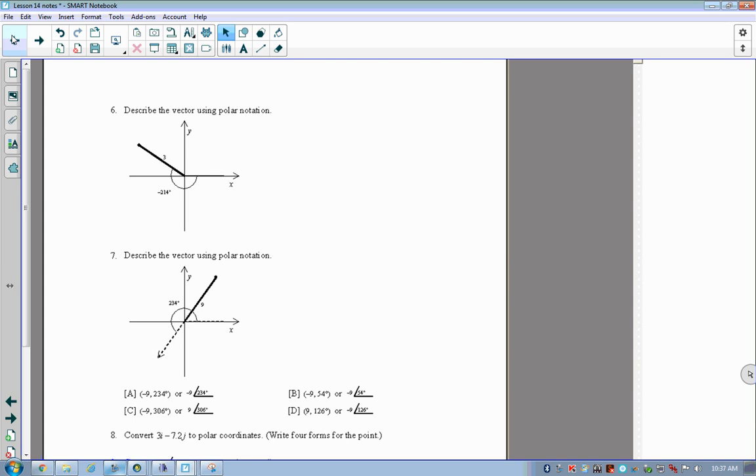Which brings us to this, which is describing the vector using polar notation. Here we use unit vectors. It's a little different. Go in your book to page 110. I really wish that they had made rectangular and polar coordinates a totally separate lesson, but they don't. What polar notation does is it takes the length of my line segment or my hypotenuse